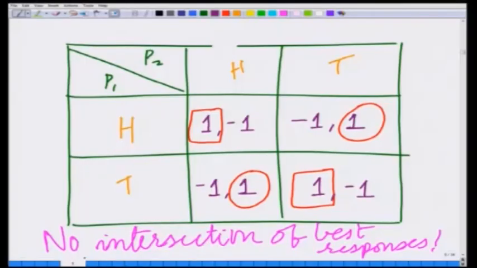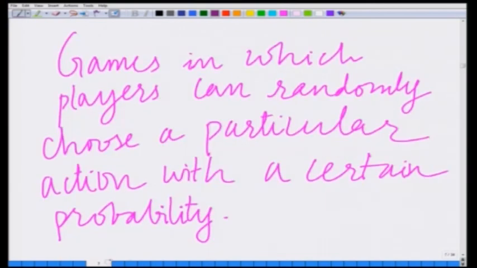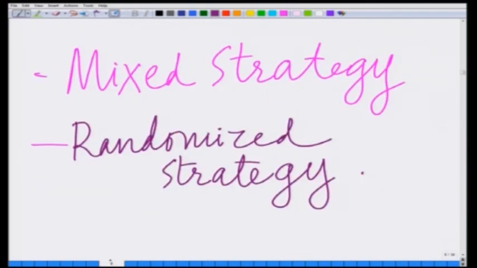So, let us now try to analyze this game in terms of randomized strategies. Let us say player 1 is choosing heads with probability P, and therefore, naturally he is choosing tails with probability 1 minus P. For people who are not familiar with the basics of probability, let me give a brief recap. The probability is a positive quantity which is less than 1,